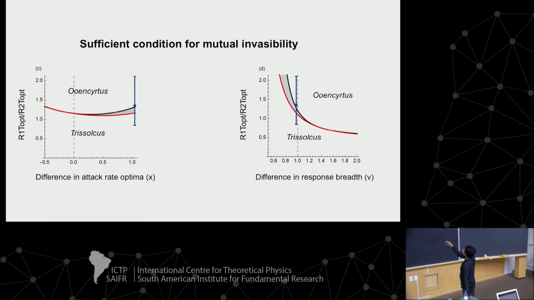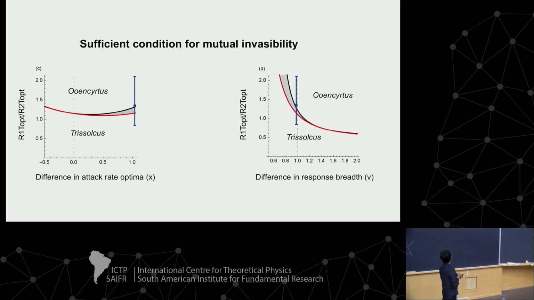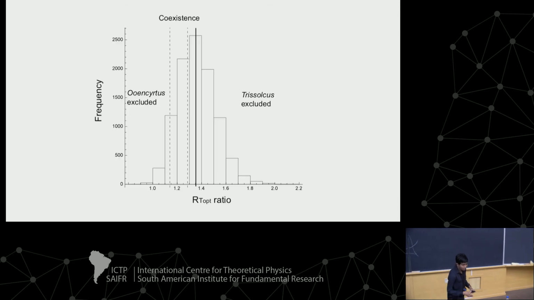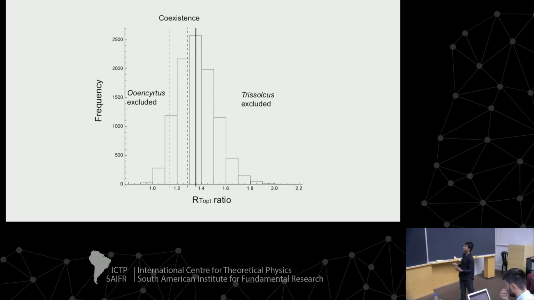And it's the same thing for the difference when you look at the response breadth, where the mean value is just above the coexistence region, but the variability around the mean, the natural variability, so genetic or phenotypic variation in these organisms, is quite large. So then what we did was we took that variability and we did 10,000 random samples within that variability, and we plotted